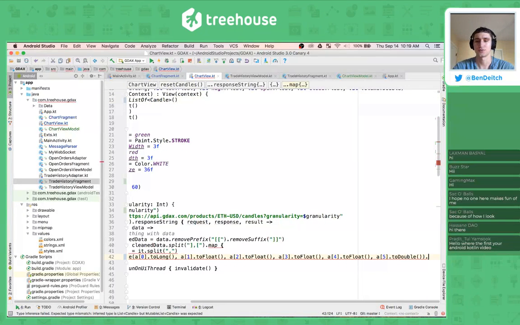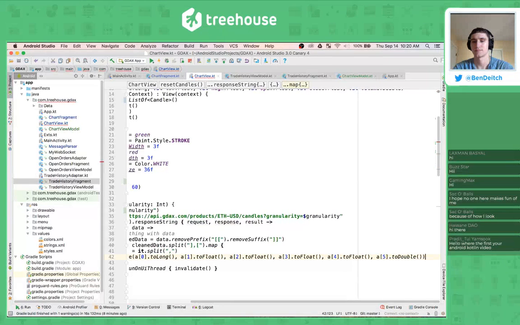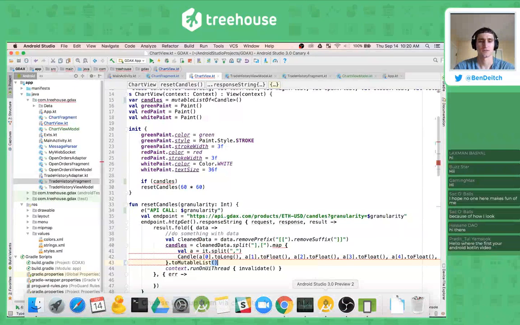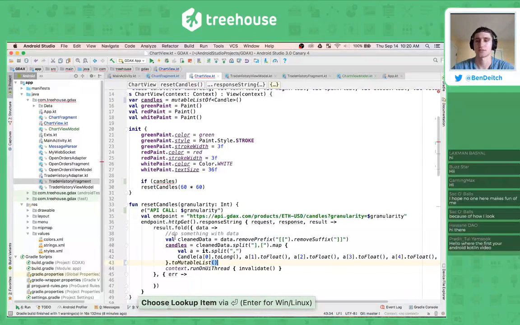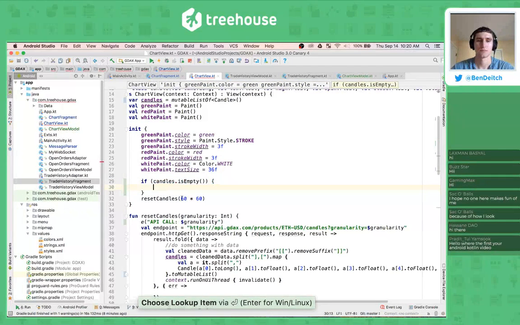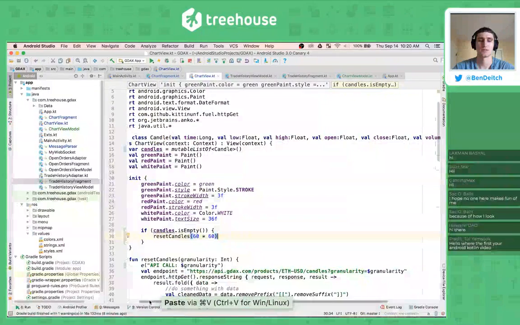So then we do to, what am I missing here? Sorry, doing that at the wrong point. So there we go, toMutableList. And then we have our candles. So if candles.isEmpty, then reset candles, and we should pass in